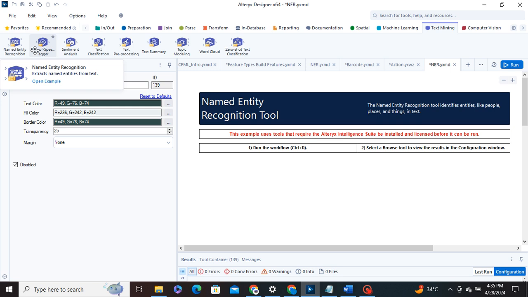Then after part of speech tagger, this tool assigns parts of speech, for example noun, verb, adjective, to each word in a sentence. It helps in understanding the grammatical structure of text and is useful for tasks like syntactic parsing, text